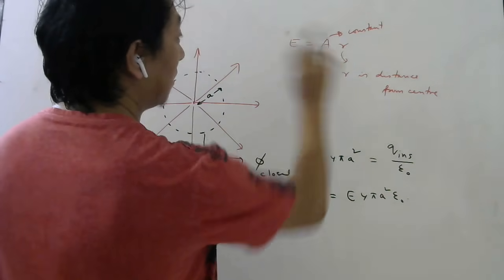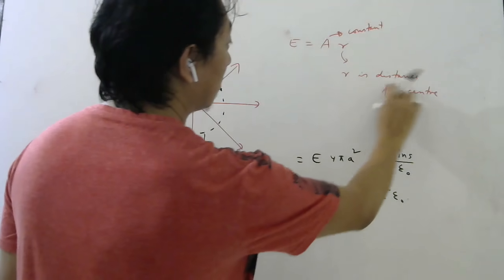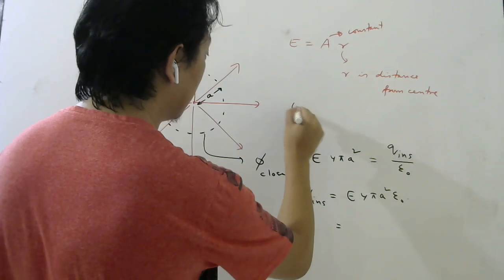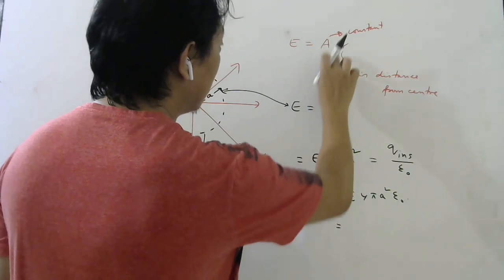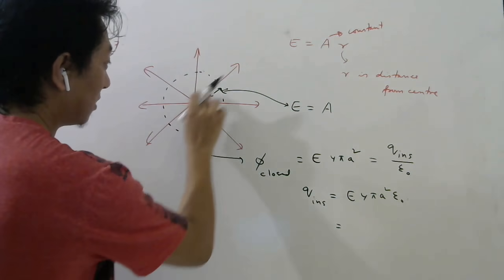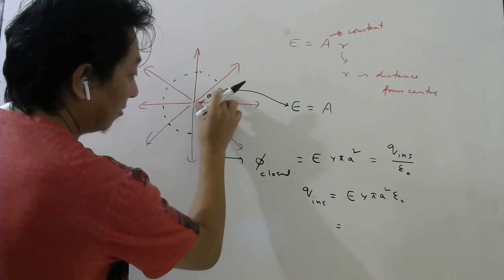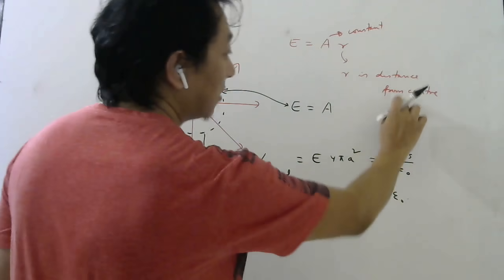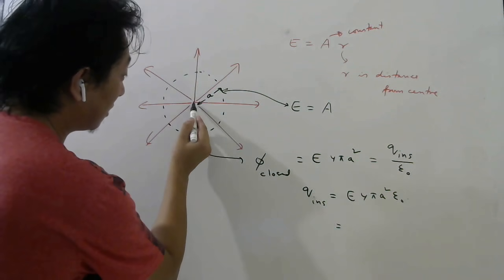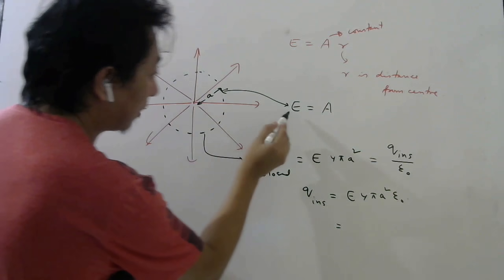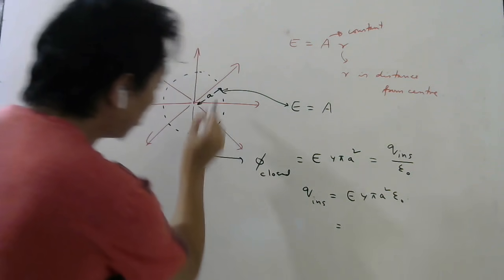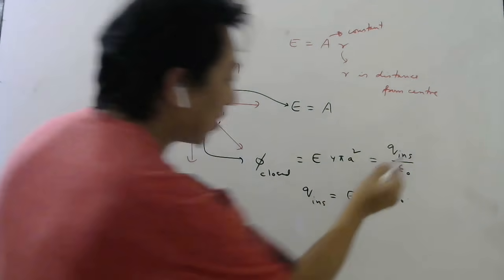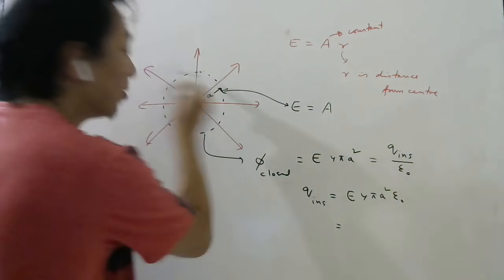Now this E they have given, and this r is distance from center. So here what will be your E at this point? If I ask what will be E, what will you be like? A into this r, but this r is distance from the center. That distance is your a here. No, that r is distance from center in the question. But here distance from the center is this a, because we need to calculate E on this surface, because we are calculating flux through this surface. Why? Because we want charge inside this closed surface.